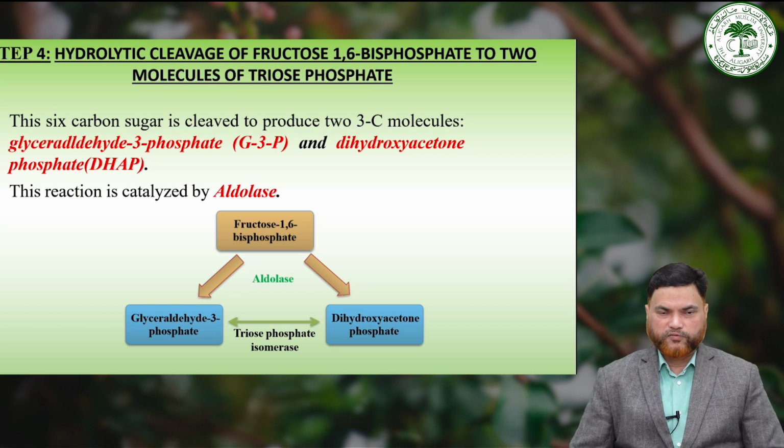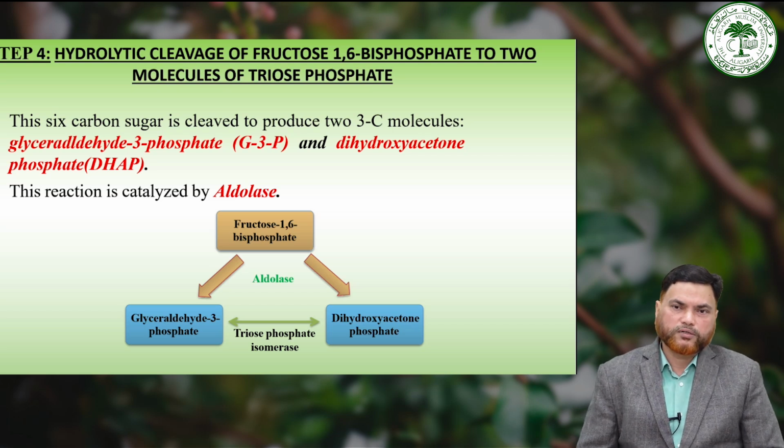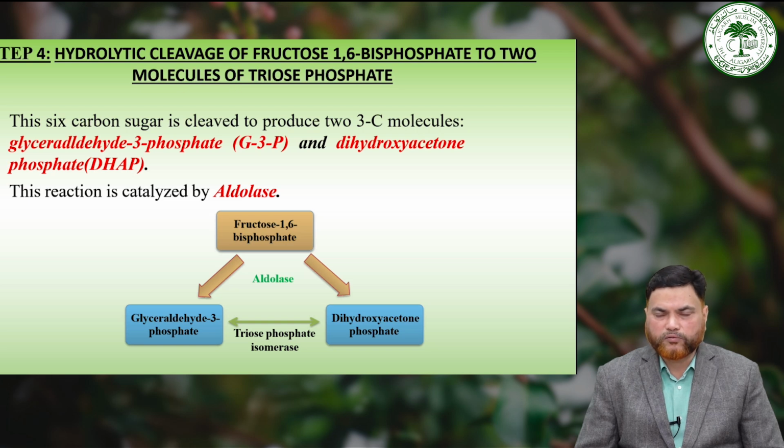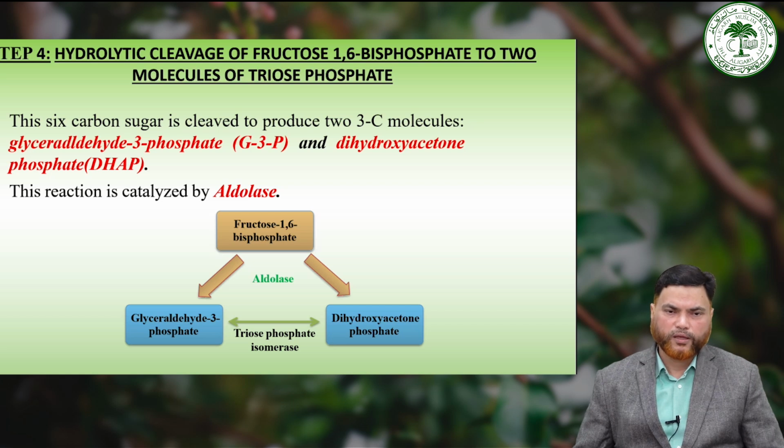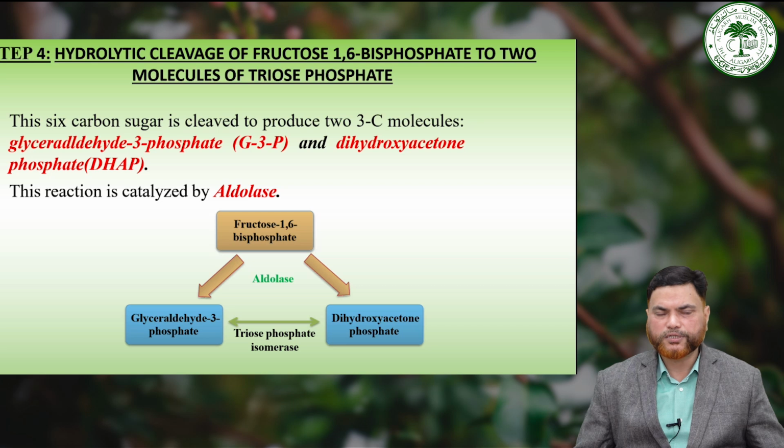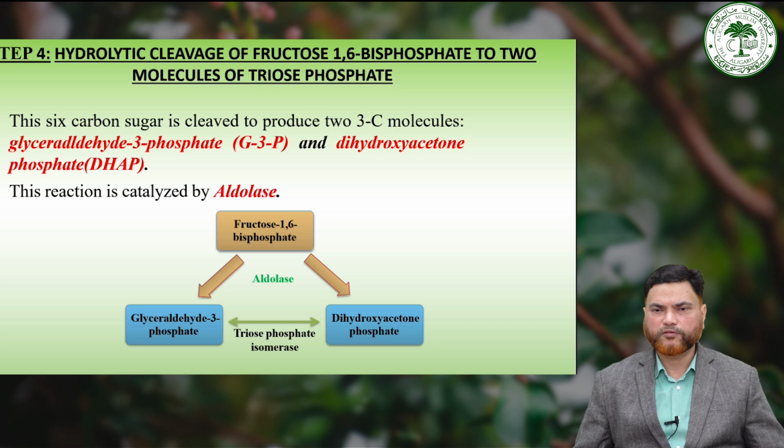Now, step 4 of glycolysis: you see that aldolase breaks down fructose 1,6-bisphosphate into 2 triose phosphates by splitting between its carbon 3 and carbon 4, and this process produces dihydroxyacetone phosphate and glyceraldehyde 3-phosphate. Although the reaction can proceed in both directions, you could say it is reversible, it predominantly favors the formation